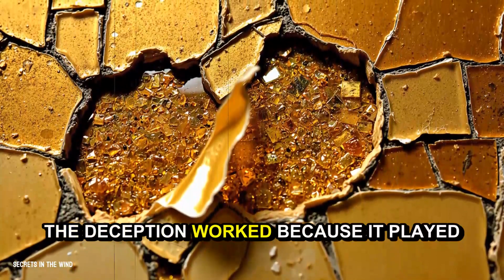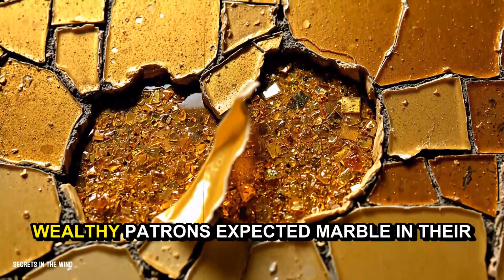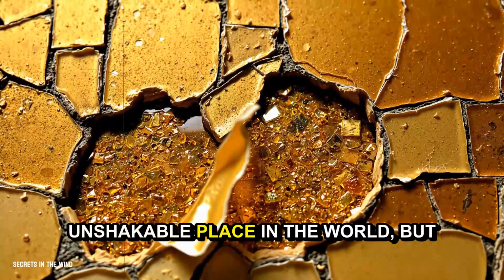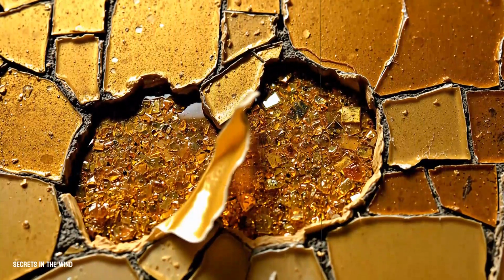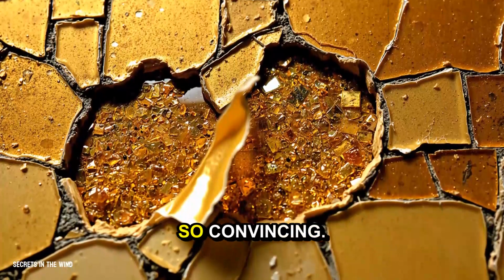The deception worked because it played on human nature. Wealthy patrons expected marble in their institutions. It spoke of permanence, of Britain's unshakable place in the world. But quarrying and transporting real stone was prohibitively expensive. So craftsmen developed scagliola, a material so convincing